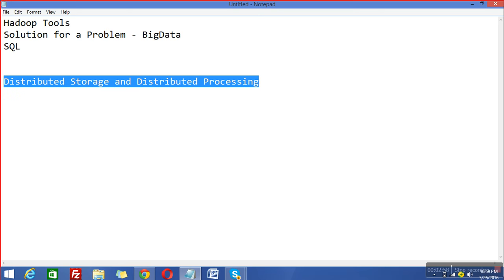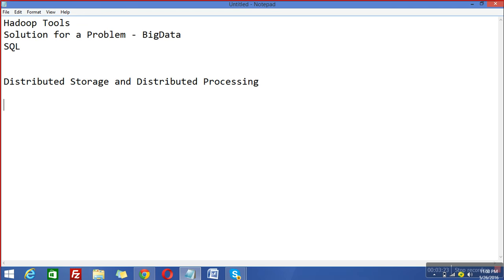Instead of purchasing one server with 10 terabytes of storage, why not purchase 10 servers with 1 terabyte in each? Let's say one desktop is a machine, one CPU, or I can say one motherboard is a machine. A motherboard consists of hard disk, RAM and processor.